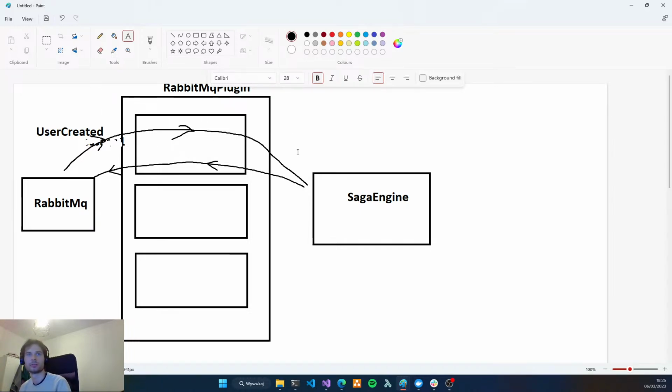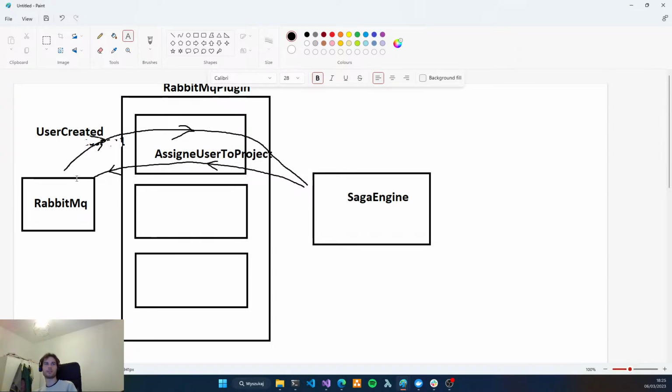So the next message for our RabbitMQ will be, for example, user assigned to project, assign user to project, to default project or something like that.